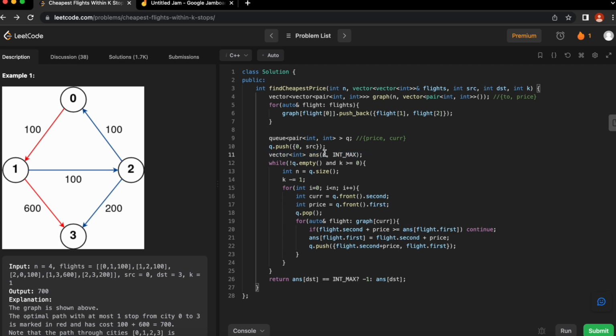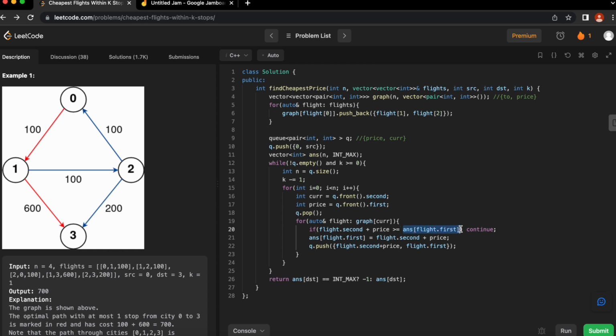This is an array with indices from 0 to n minus 1, and every index initially has a maximum number. This tells me whether I have reached this place before or not, and if I have, what was the least amount of money I spent to reach that city. So if I'm going to that city via some route, and what I have paid is more than